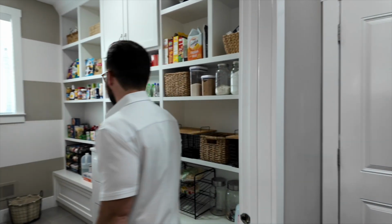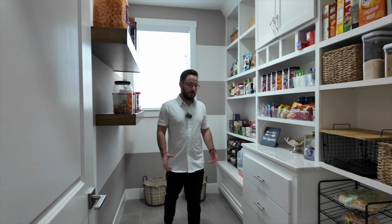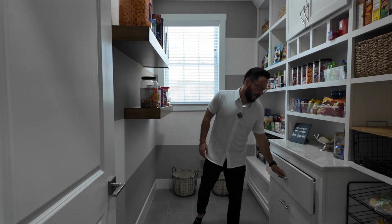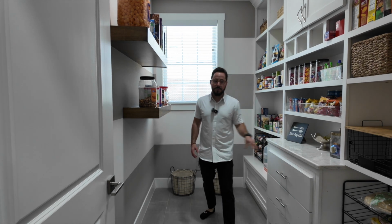I love the black, as well as a huge walk-in pantry set up for your liking, right? So lots of different snacks and all that type of stuff. You have some storage. Again, another stone countertop in here as well, and a very flavorful paint job to bring it all together. The design work is great. The updates are great. Everything really flows well and seems very seamless, even though some of this work was done after the fact. So before we jump into the finished basement and the back porch / lanai, let's jump upstairs